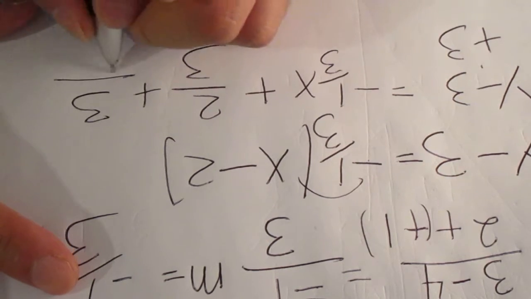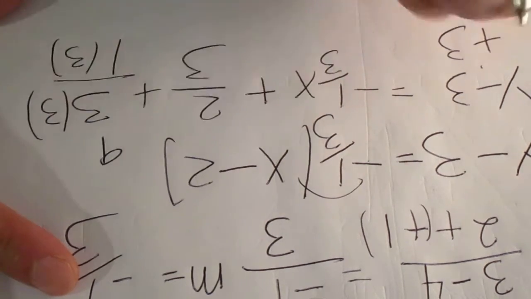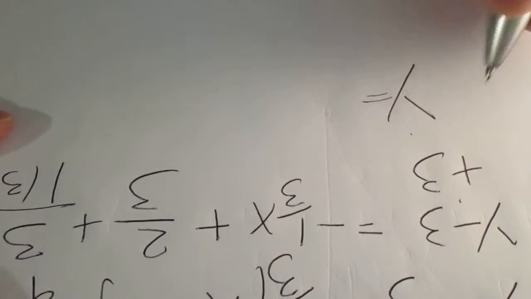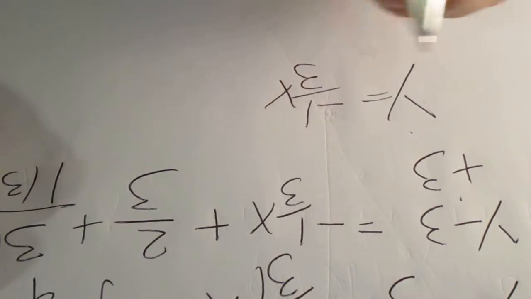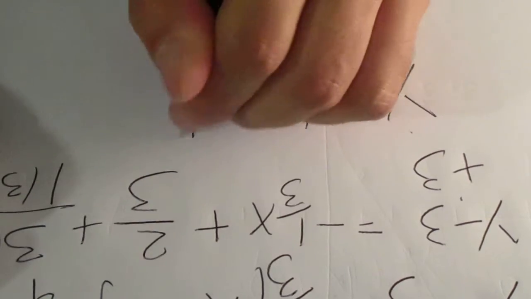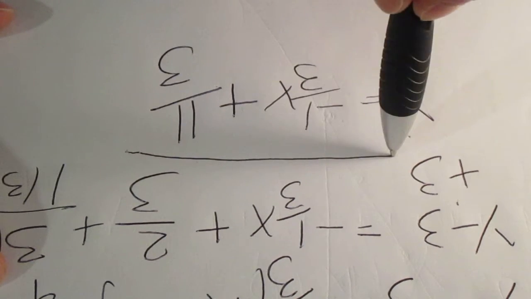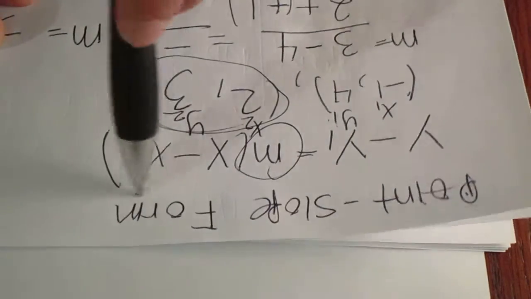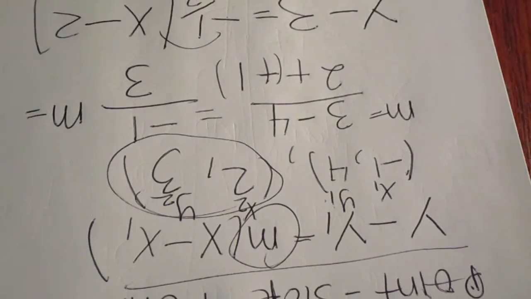So get the LCD, so that's 3. So that's 3 times 3 is 9, plus 2, so y equals negative 1/3 x plus 9 plus 2 is 11 over 3. And that is our linear equation using the point slope form. So okay, we know how to do that, so let's talk about